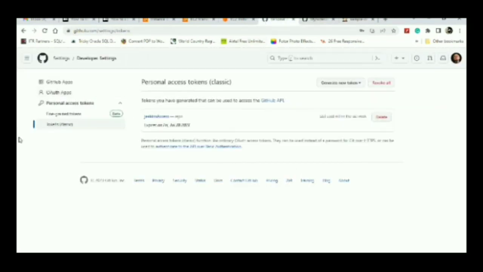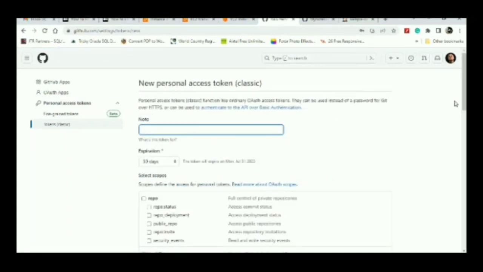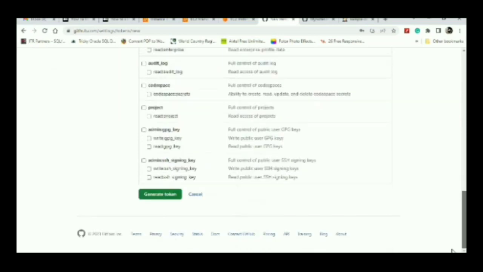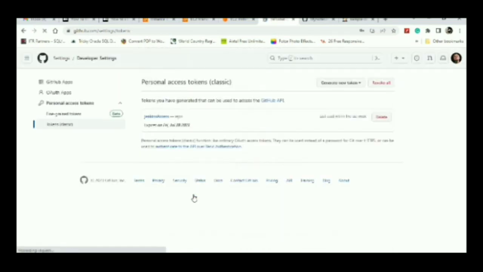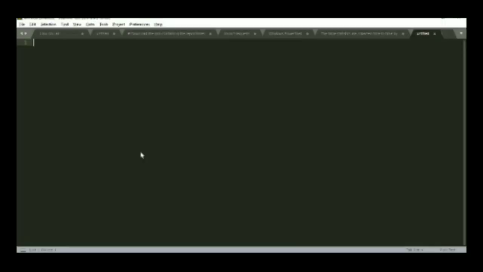We have to go here and take the tokens for classic, and generate the token. To generate the token, we have to specify the name and click generate token. This token will actually create that. Since I have already copied it here,